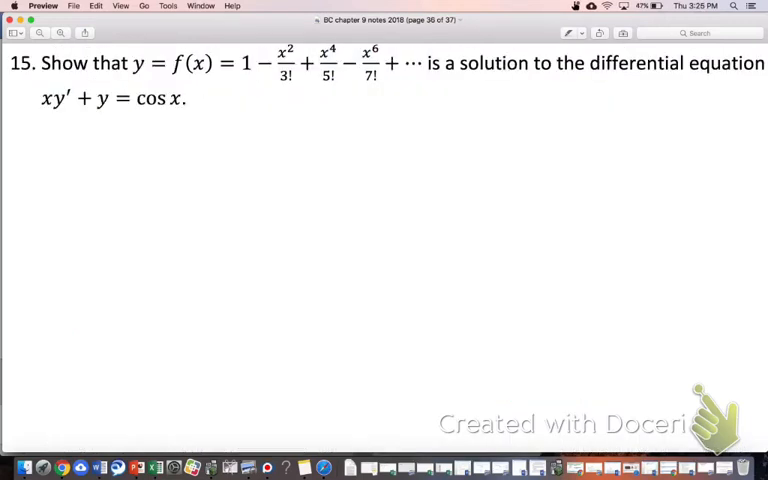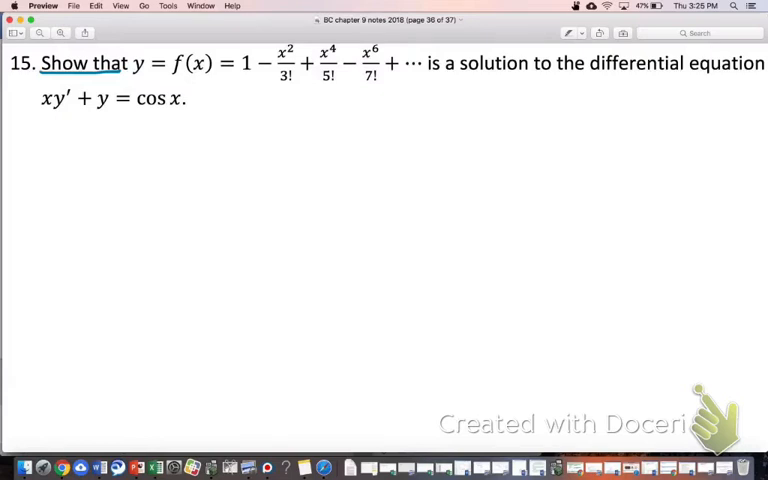It looks like another one we didn't do was number 15. This one says show that. So anytime you see the words show that, that means we're going to really be proving something. Presupposing that it's already true, we're going to try to prove that it actually is true. So we're supposed to show that y equals f of x equals that power series is a solution to this